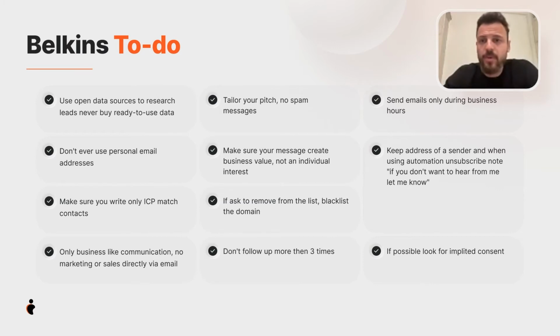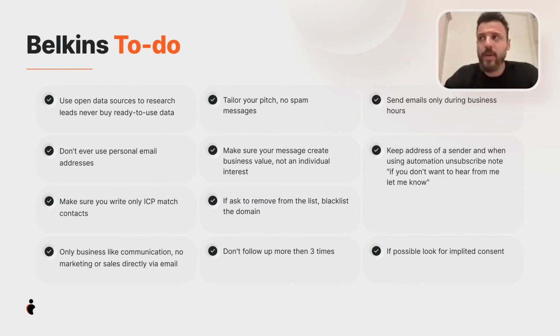Tailor your pitch, no spam messages. You all know one of the products we develop is called Folderly. It's an email deliverability platform. One of the great features we have in that product is that we are able to analyze your templates and your sequences based on your spam words and your structure, and tell you your sending reputation for that specific message. We can highlight all the spam words, the links, the images, whether it's plain text or HTML. We can tell you the reputation of that email.